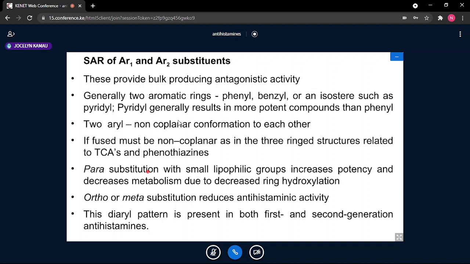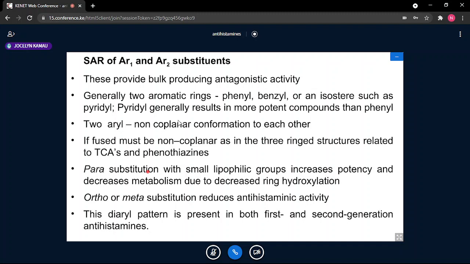Orphenadrine does have a methyl group, and the methyl group is ortho. But you find that when you do substitution in any other position, you reduce the activity, especially in the ortho position. The reason you reduce the activity with an ortho substitution is because you prevent the two rings, by introduction of steric hindrance,